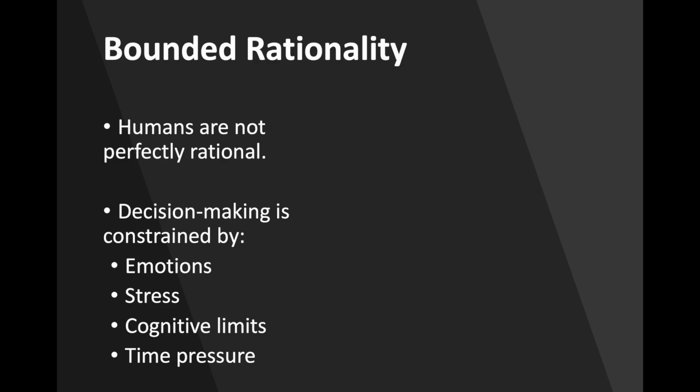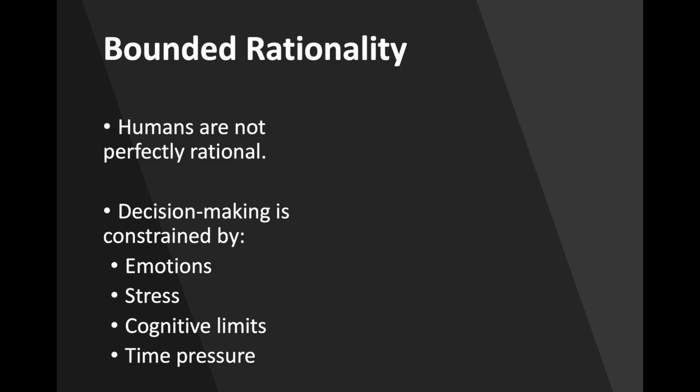Bounded rationality refers to the idea that individuals make decisions under cognitive, emotional, informational, and situational constraints. In other words, people attempt to make rational decisions, but their rationality is limited. This is one of the most important refinements in modern rational choice theory. Offenders may lack complete information. They may make decisions under stress. They may act impulsively. They may misunderstand risks. They may focus heavily on immediate rewards while discounting future consequences. And they may rely on their emotions, habits, peer pressure, or cognitive shortcuts. This means that decision-making is imperfect rather than fully calculated.